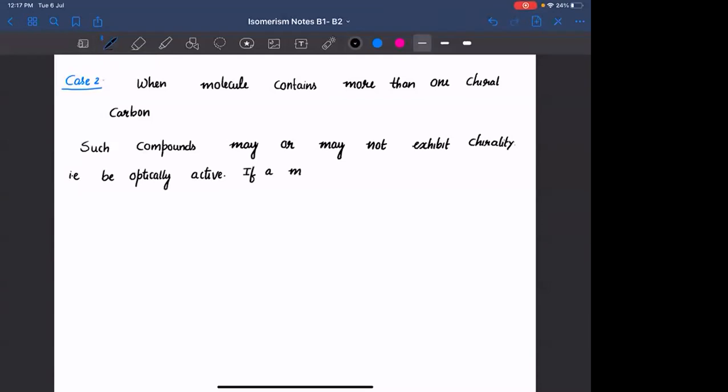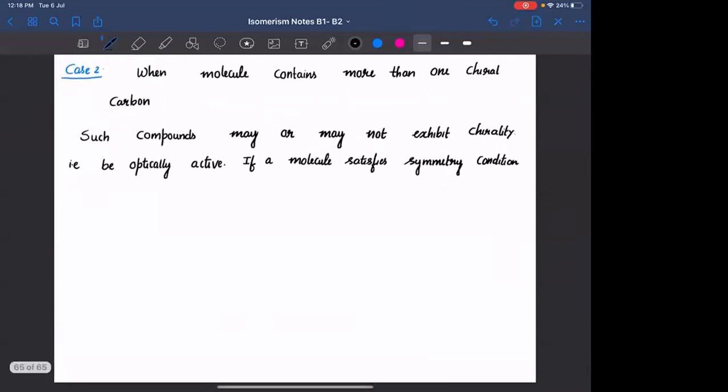If a molecule satisfies the symmetry condition, that is, it has a plane of symmetry,